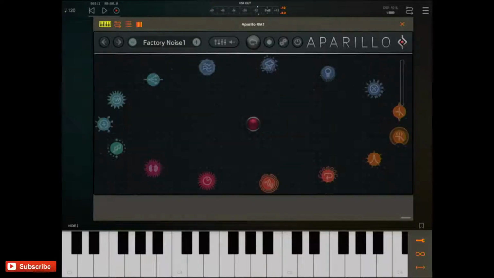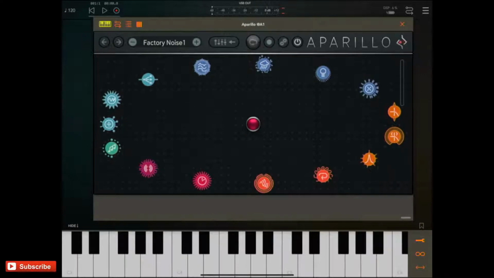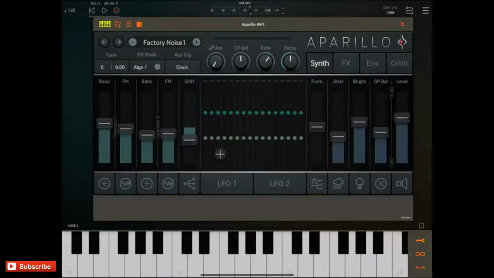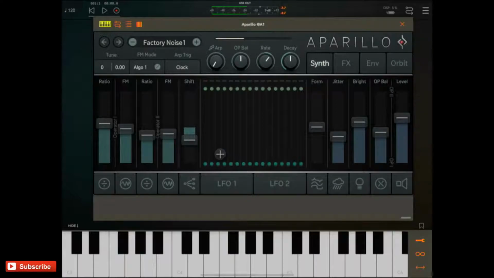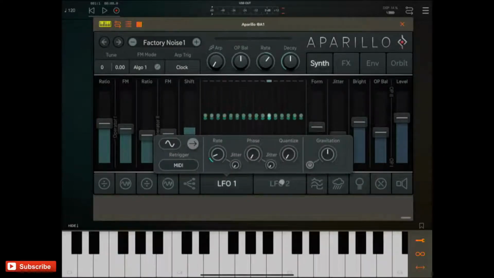Now if we go over to this orbit, let's see what this does. It's not doing anything at the moment. That's because I'm thinking ahead of myself. So as you can see, you've got an LFO button down. You've got 2 LFOs down here that you can alternate. So if I hold down the key again,